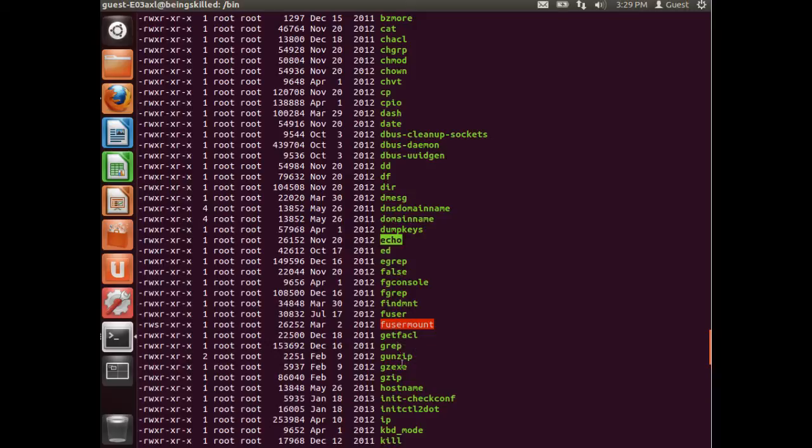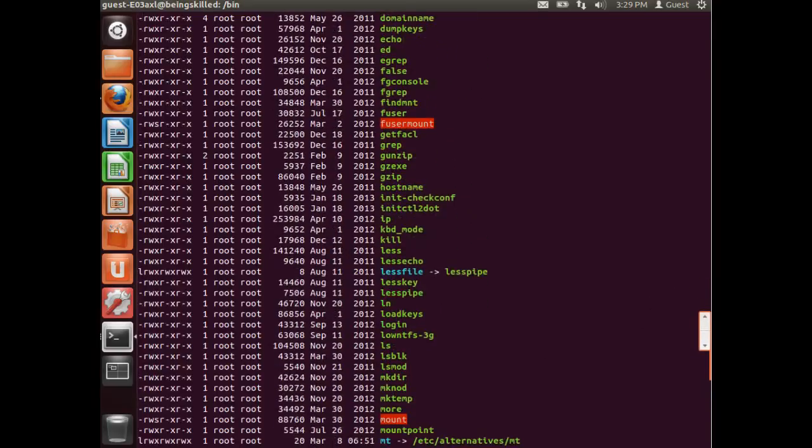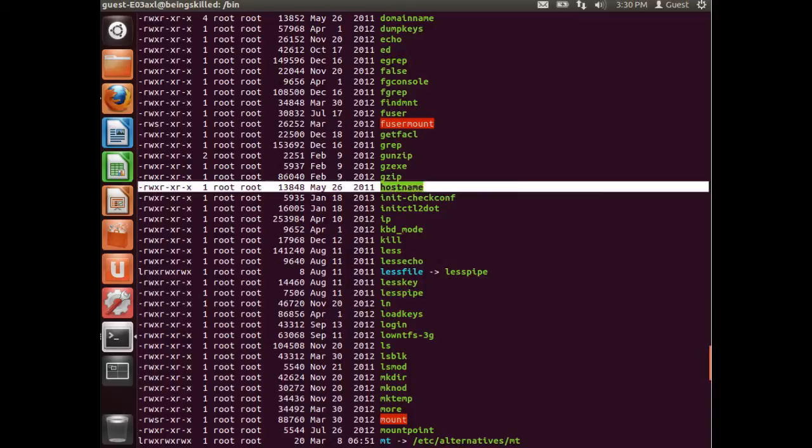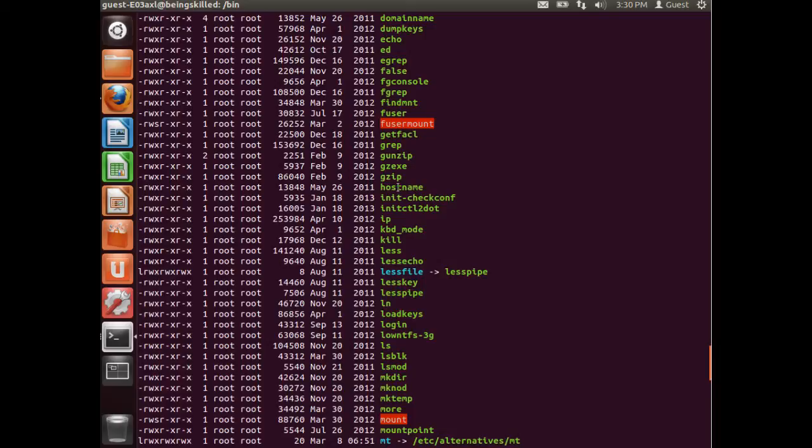Then we have grep, which is used for finding some kind of word or expression within any file. So in case we are looking for some complex data string and the file is quite large, let's say it has got thousands of lines, then we can use grep to find that expression within that file. We have hostname to know the name of the host of the particular machine, to identify it easily on the network. Then we have less for knowing the contents of the file.